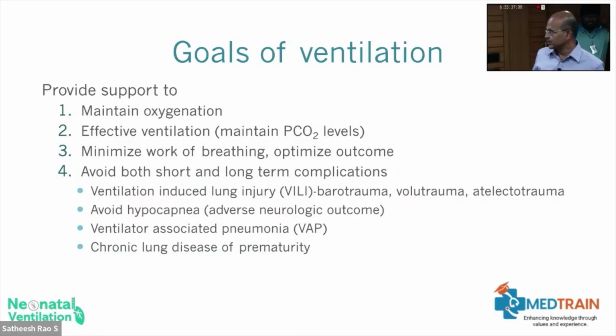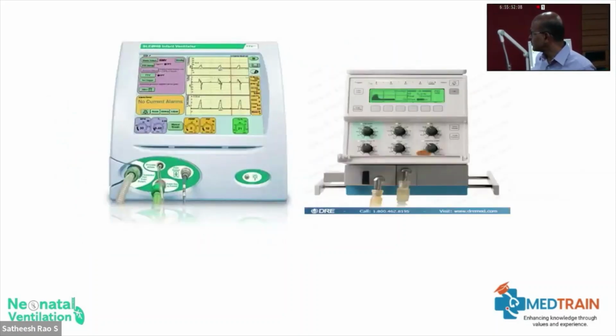And ventilator associated pneumonia: in addition to the lung injury, you also have infection from ventilation. Then chronic lung disease also, partly because of the prematurity, partly because of the oxygen use. So